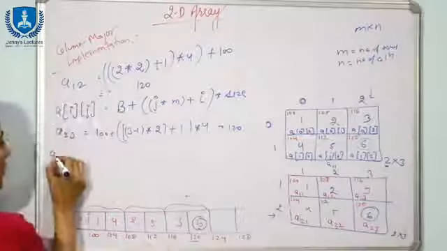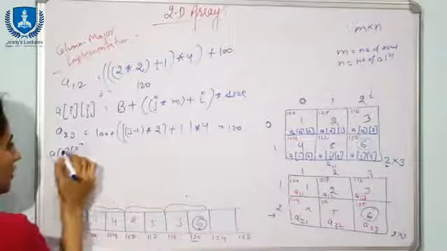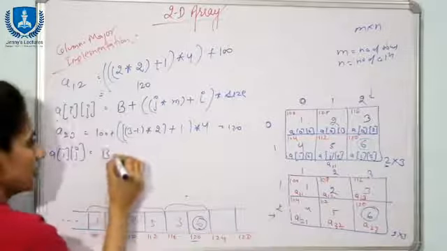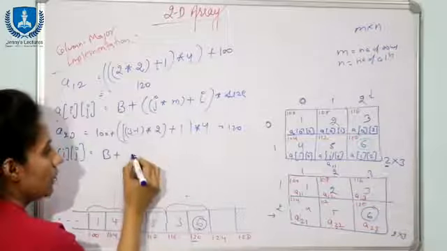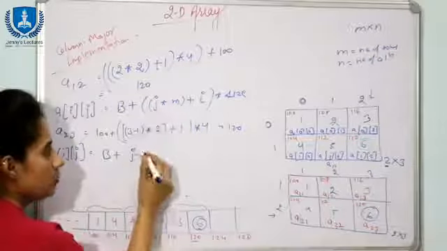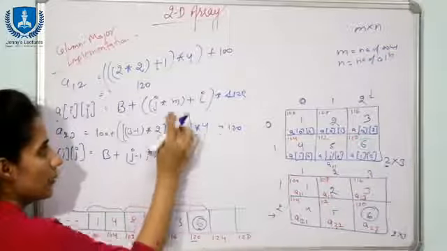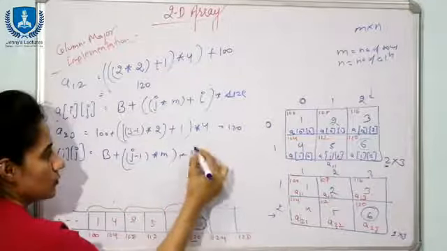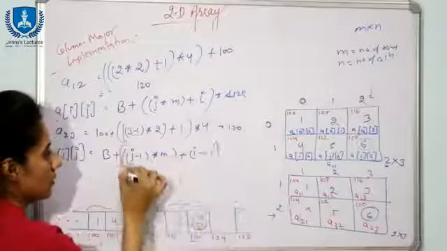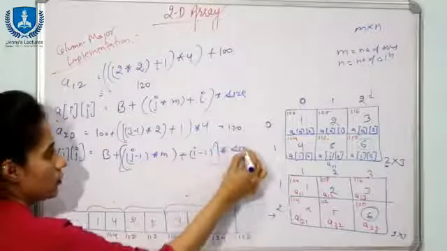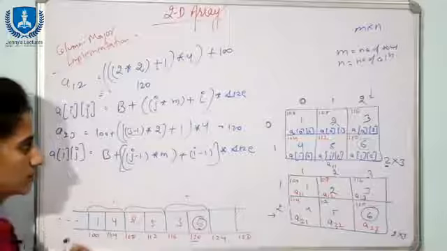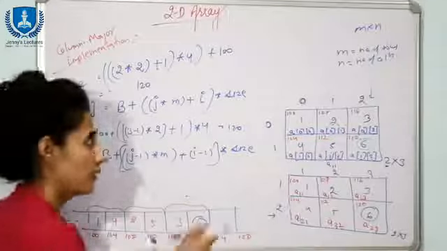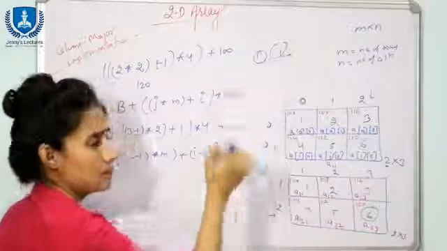In general, if you write for i and j, when the index starts from 1, in that case you will write base address plus, here you will write what? Simple, j minus 1 into m, this would be as it is, plus i minus 1 into size, right. And the time taken to access these elements is what? Constant time, that is order of 1.